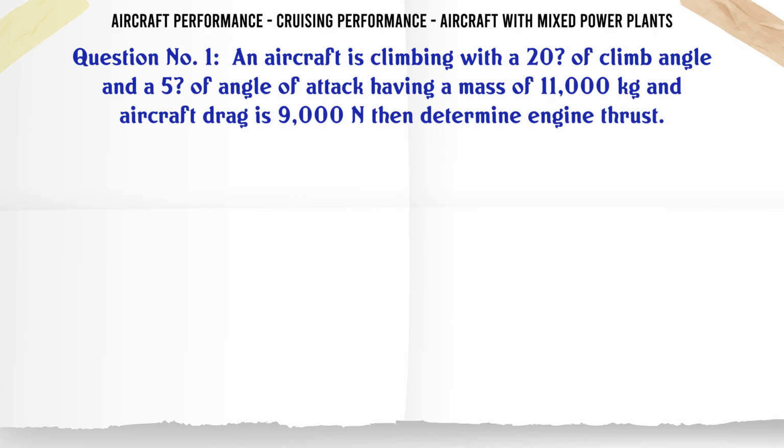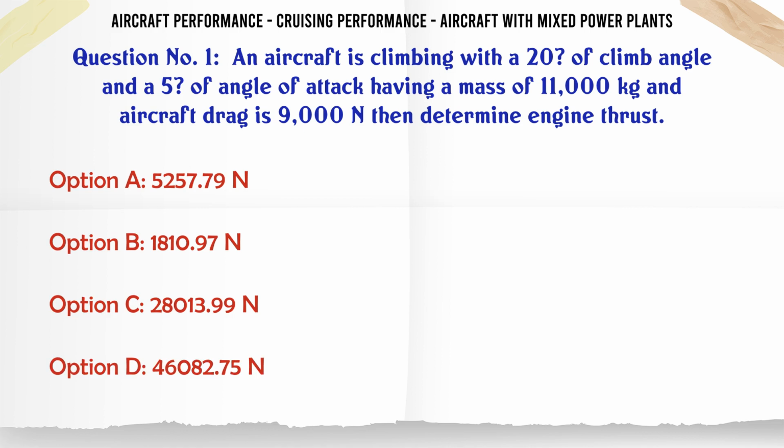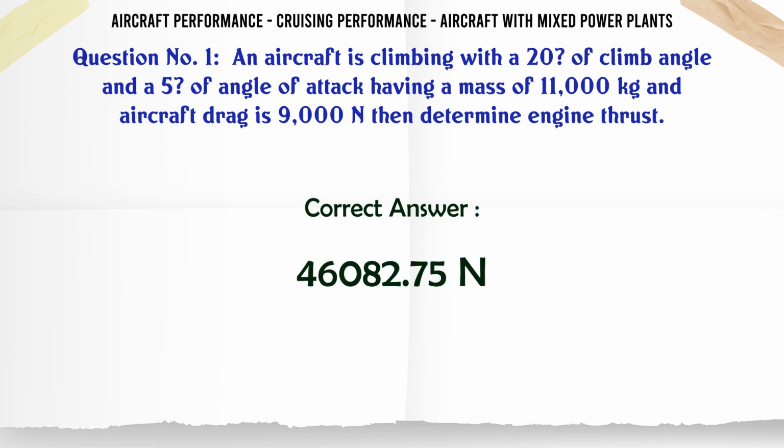An aircraft is climbing with a 20° climb angle and a 5° angle of attack, having a mass of 11,000 kg. The aircraft drag is 9,000 N. Then determine engine thrust. A. 5,257.79 N. B. 1,810.97 N. C. 28,013.99 N. D. 46,082.75 N. The correct answer is